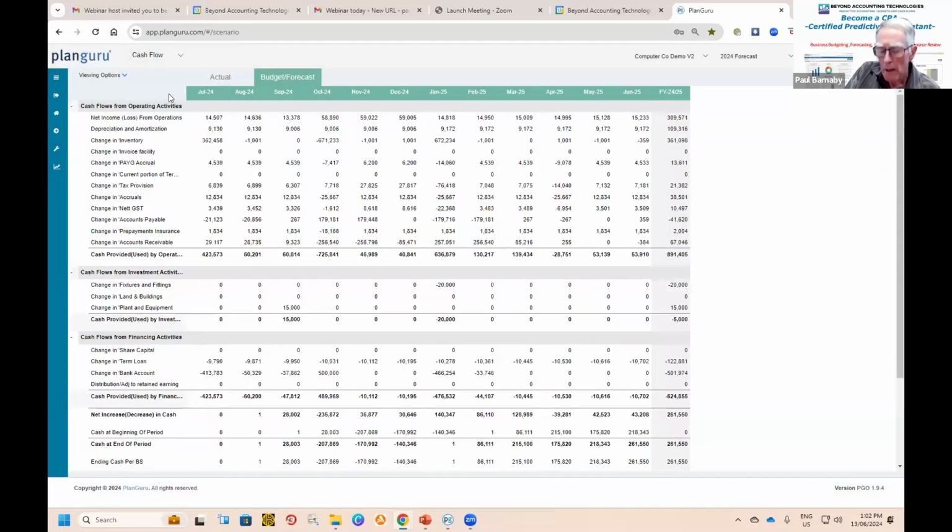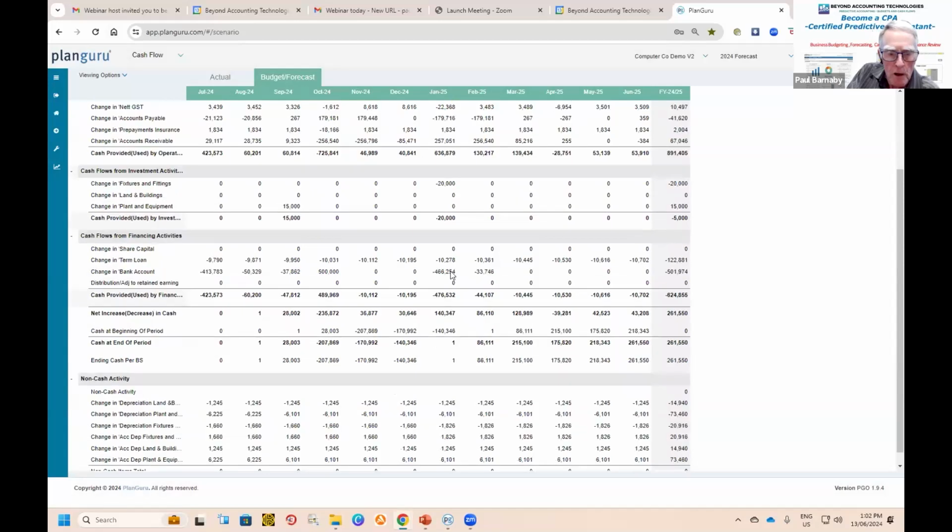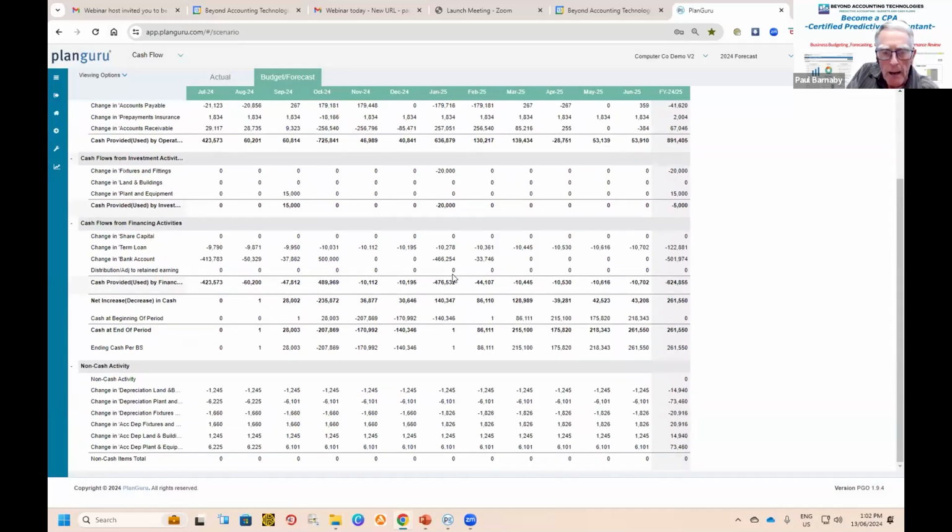And there we are. I talked before about the accepted formats. Obviously, PlanGuru divides the cash flow up into the formats that are traditionally accepted worldwide, and that is operating, investment, and financing. And so we can see the result of each of those and coming down to that net result.